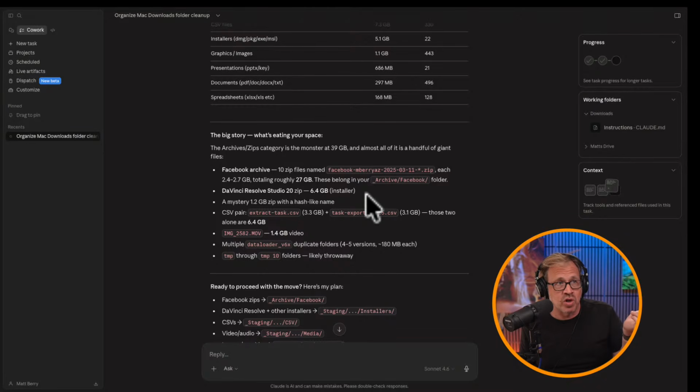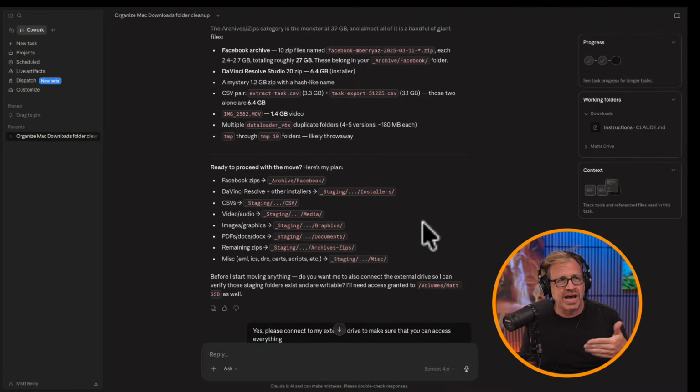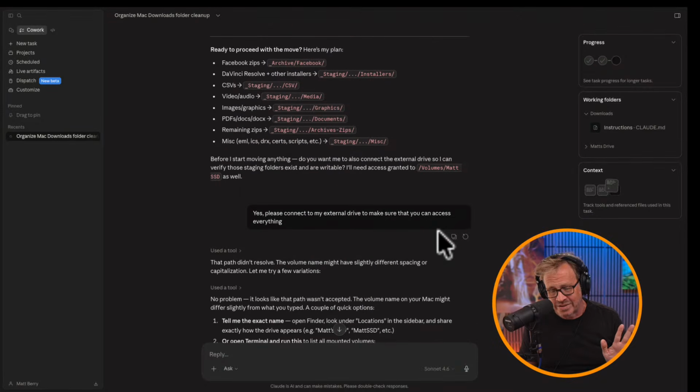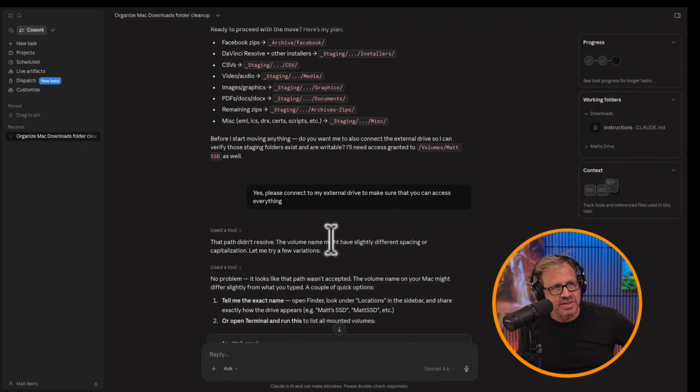I have some installer files. Some of them I could probably just delete. And then I've got a lot of miscellaneous stuff, so I'm curious how it's going to get everything done. I've already backed all this stuff up prior. Don't worry about it. So what it starts with